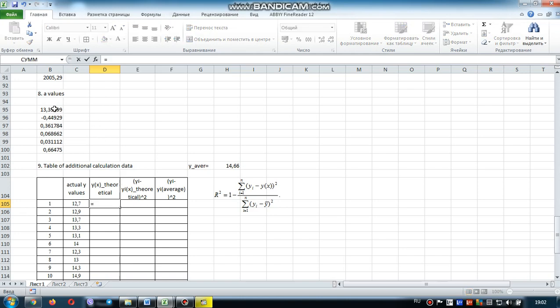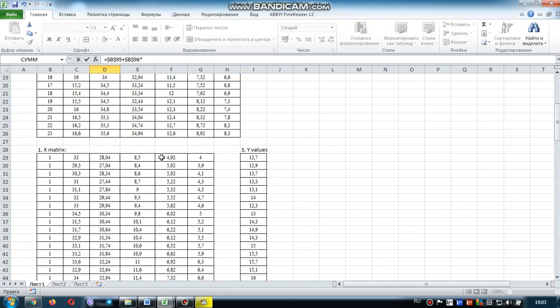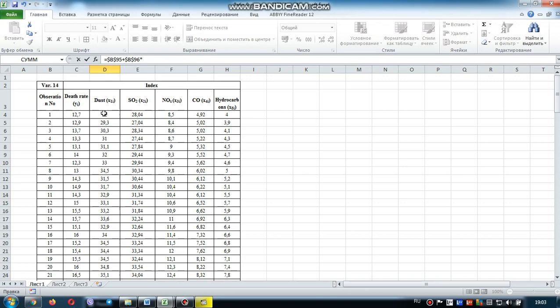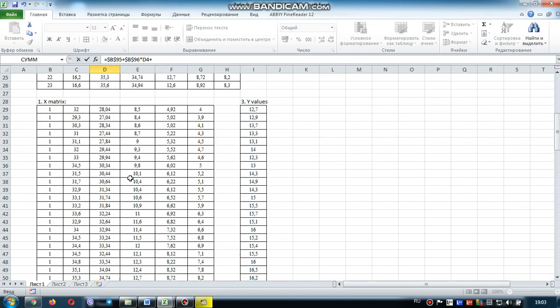This is just a fixed value multiplied by the next a value, the second value. Don't forget to fix this plus here, multiplied by x1, the first x1, plus